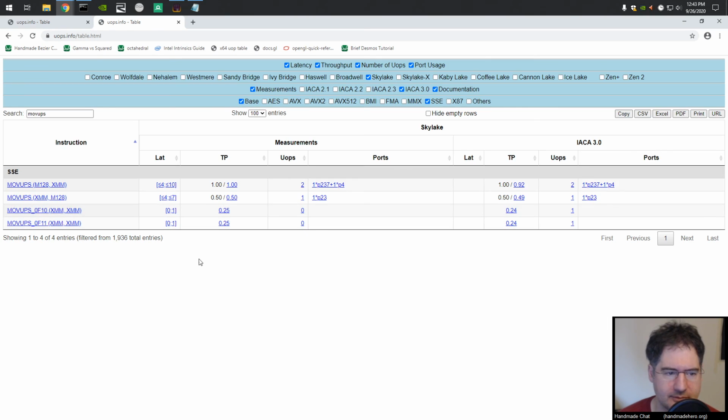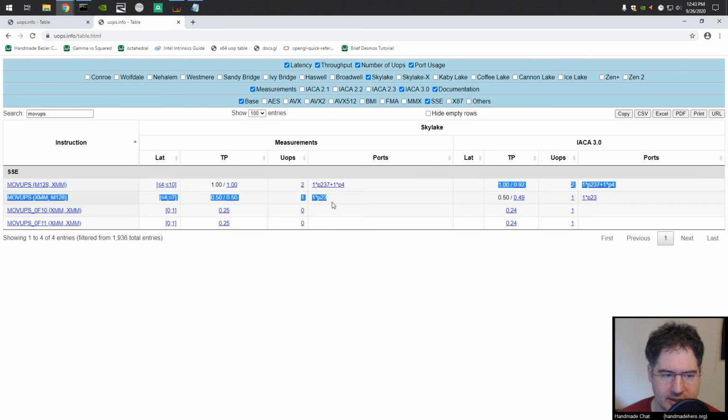These are all on here. Where's my SSD? There it is. So these are easy to understand. You can see, and the scalar move is the same. So ports 2 and 3 are the ports on which this can happen. So when you are doing a write, if you're trying to do a MOV from a register to memory, or from memory to a register, you can actually see